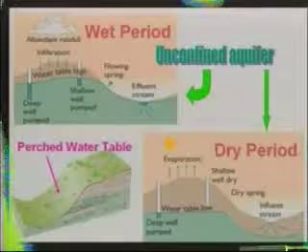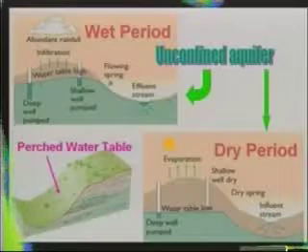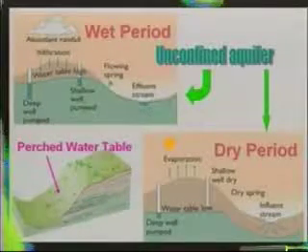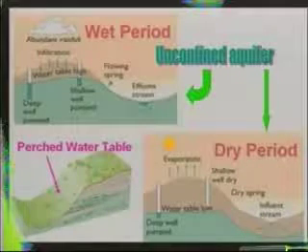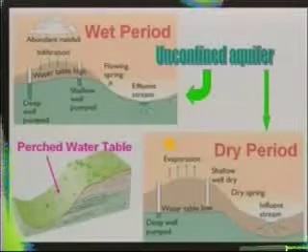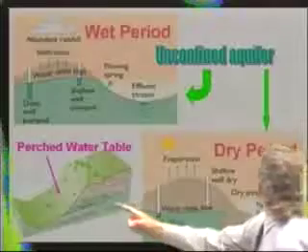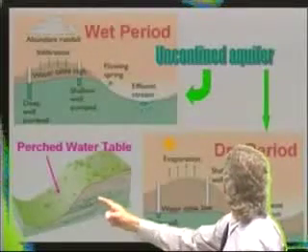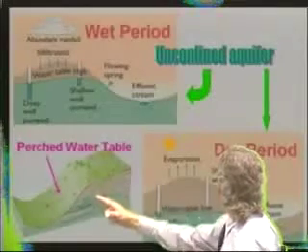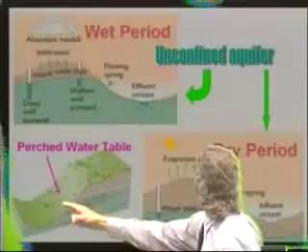In the lower left-hand picture, I've got what happens when you get a special little condition of having an aquifer kind of elevated above and trapped with an aquiclude below it. It's a little separate thing, not part of the main groundwater system, just a little localized one along the hillside here. And you can see about right here, you've got a little perched, elevated aquifer. That means it's porous. Water percolates down here. Some seeps off into the main system, but other seeps out and comes out on the side of the hill